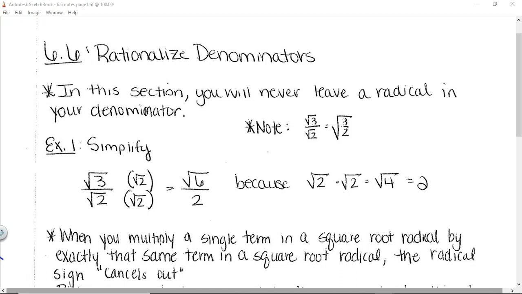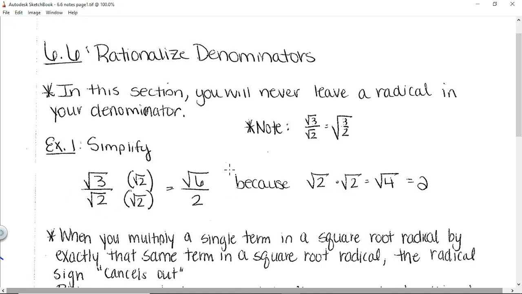So we have example 1, and we have the radical expression here, the square root of 3 divided by the square root of 2. It does have a radical in the denominator, right? The square root of 2 is in the denominator. So we want to see, how do we rewrite it in a way that does not have that